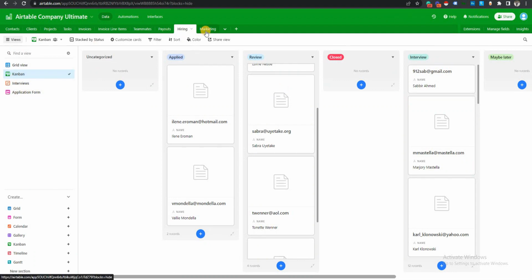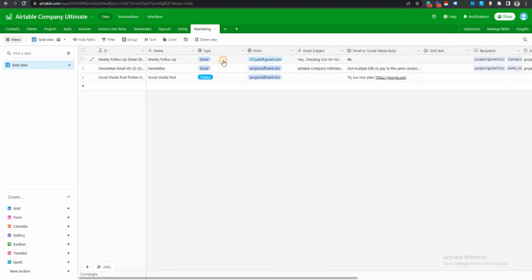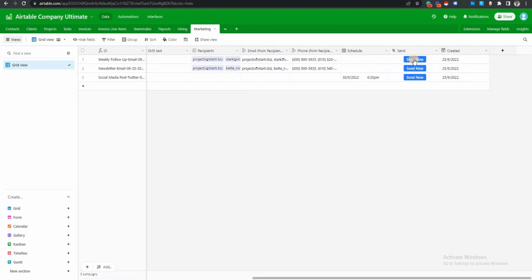And then you've got the marketing tab, which you can use to send out emails, SMS, and maybe Twitter tweets, Facebook posts, LinkedIn posts directly from here. You can use the send button to directly send a post, or maybe you can schedule the post and it will be sent